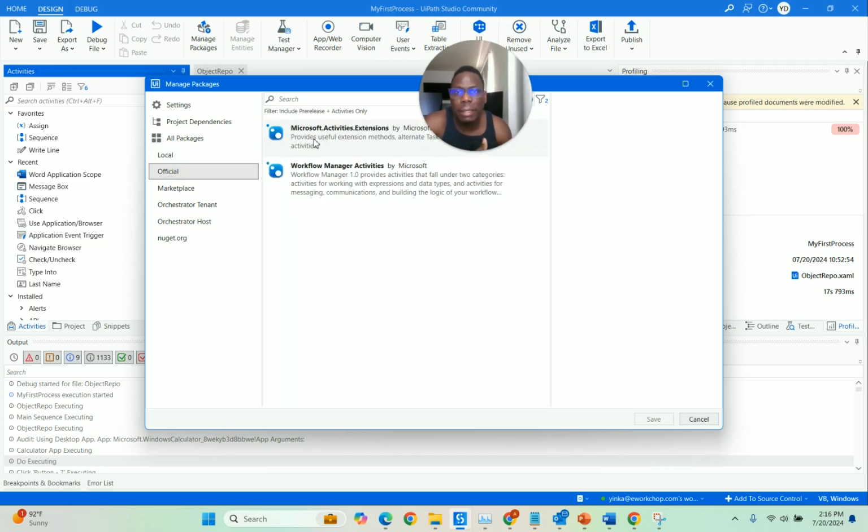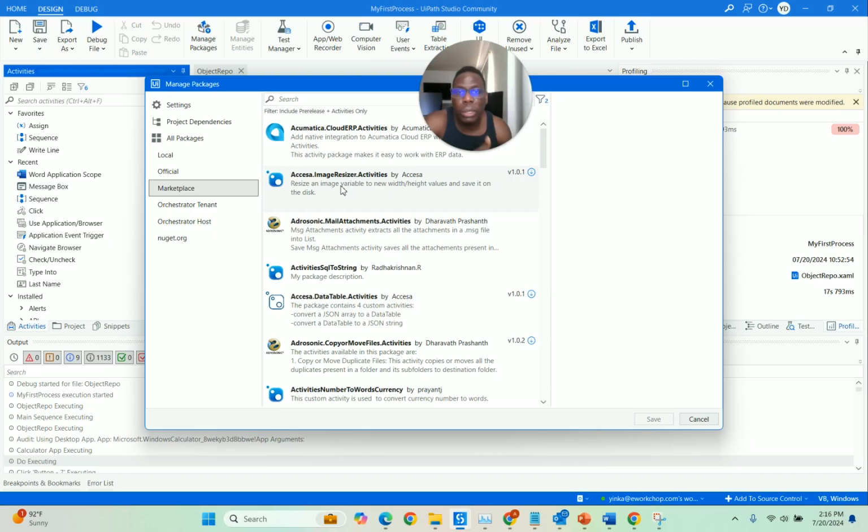These are the ones that were made by UiPath. Then there's Marketplace, where anybody can make something that works as an automation. For example, in our class, we made something that types on the calculator. Now, assuming everybody has a calculator on their computer, I can actually publish it to Marketplace and say, you know what,